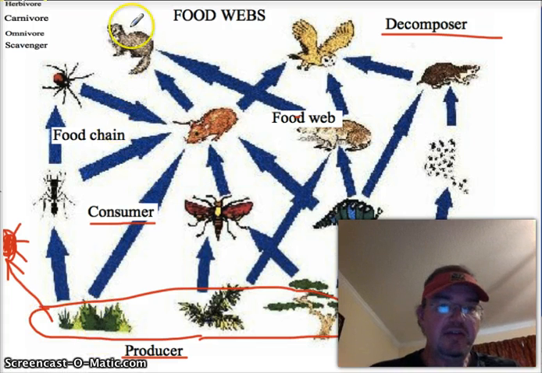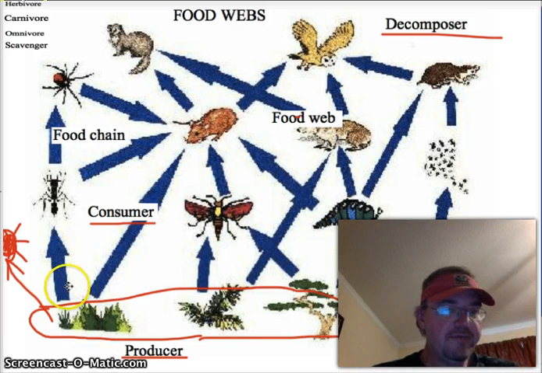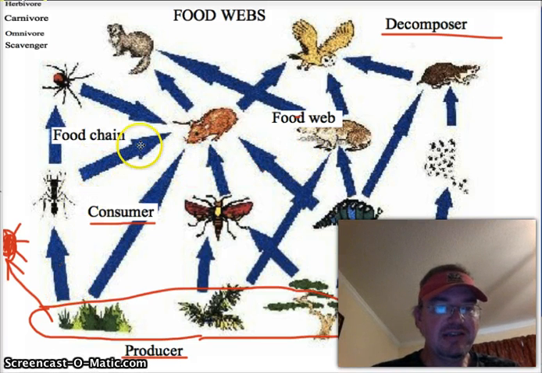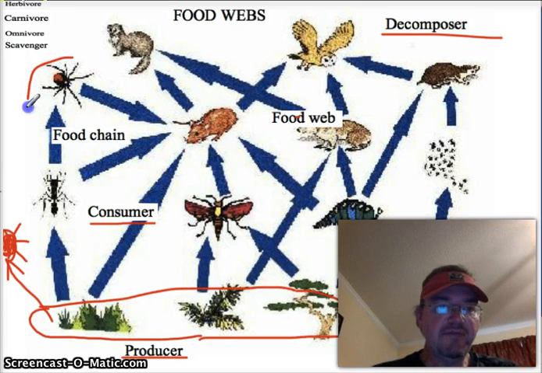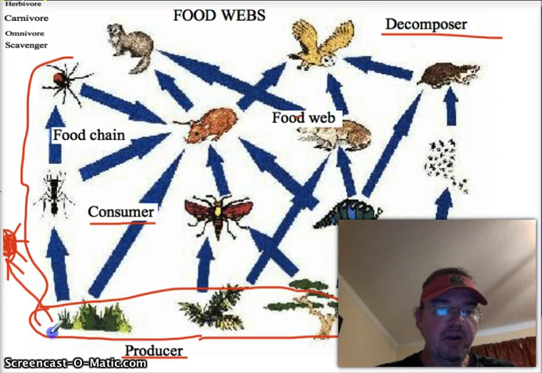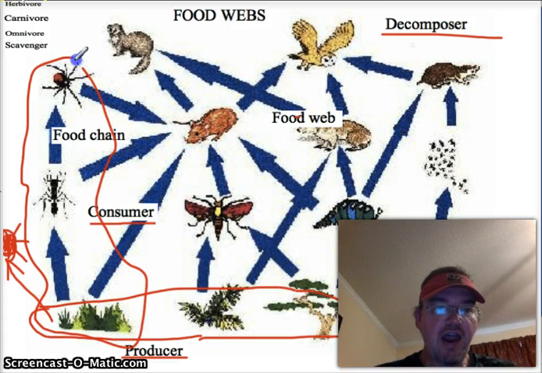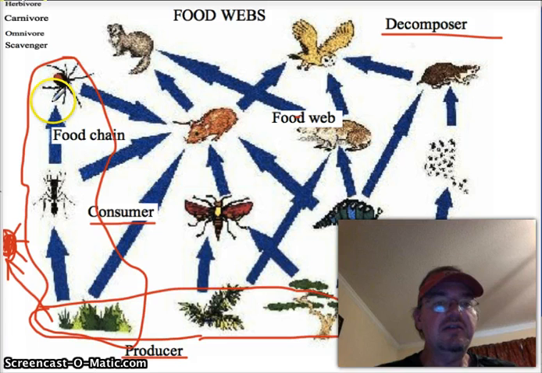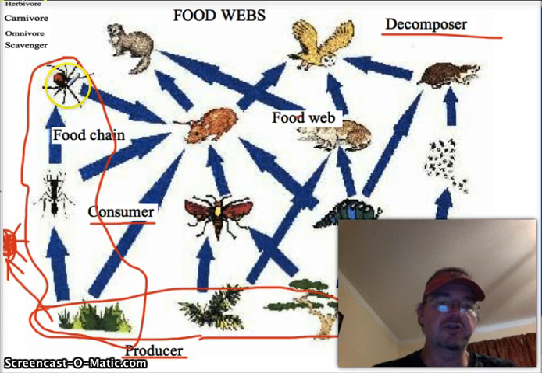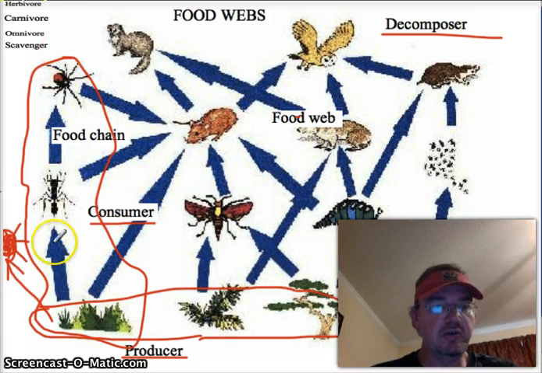And you can see that pretty clearly on the food chains and the food webs. Now, the difference between a food chain and food web is kind of subtle. A food chain is kind of like this branch right here, where you have a direct line from the producer, which is eaten by a first level consumer, which is eaten by, I guess you'd say, a second level consumer. It's a direct line. It's obvious which is first, which is second, and so on. So you could say this is kind of like a food chain.